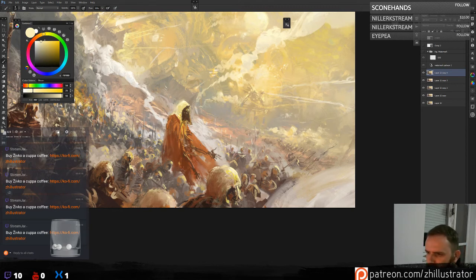Let's add more people here. We can separate them a little bit more by adding some smoke in the background. Yeah, definitely this background can use a little bit of lightning here. Lightning!